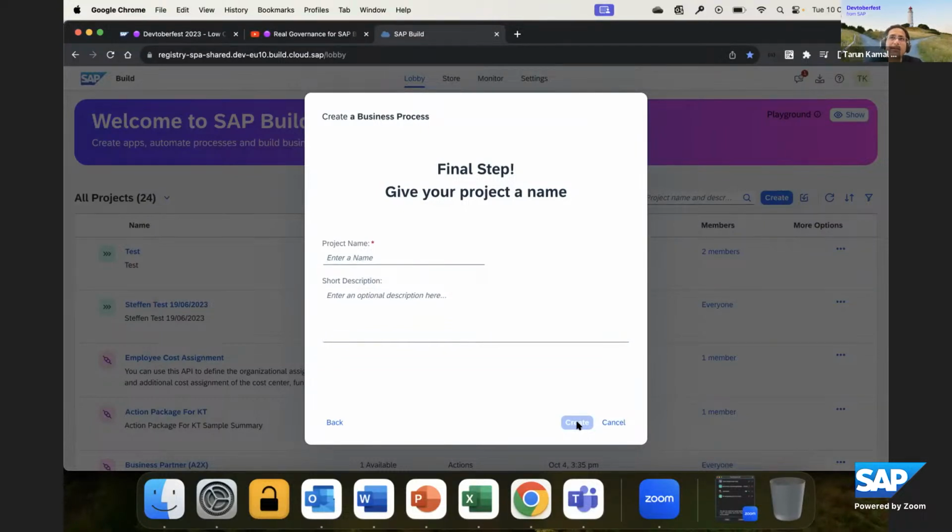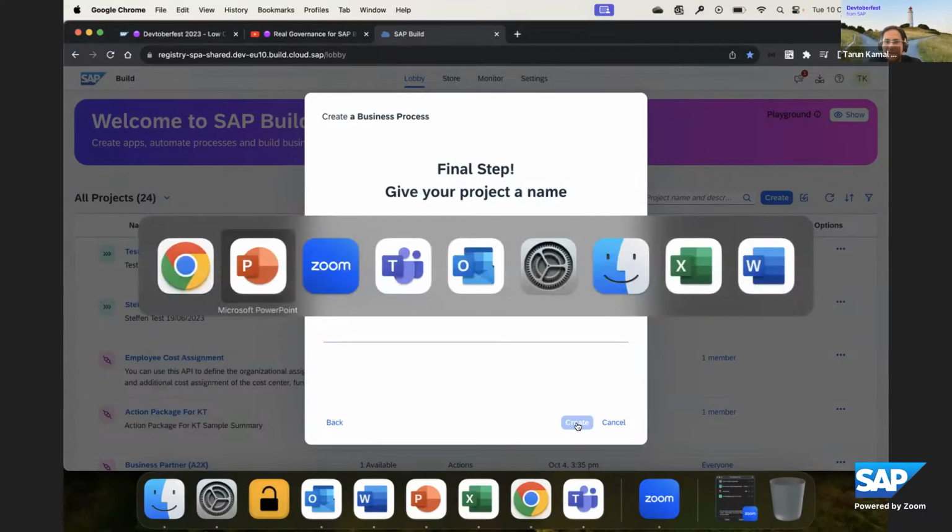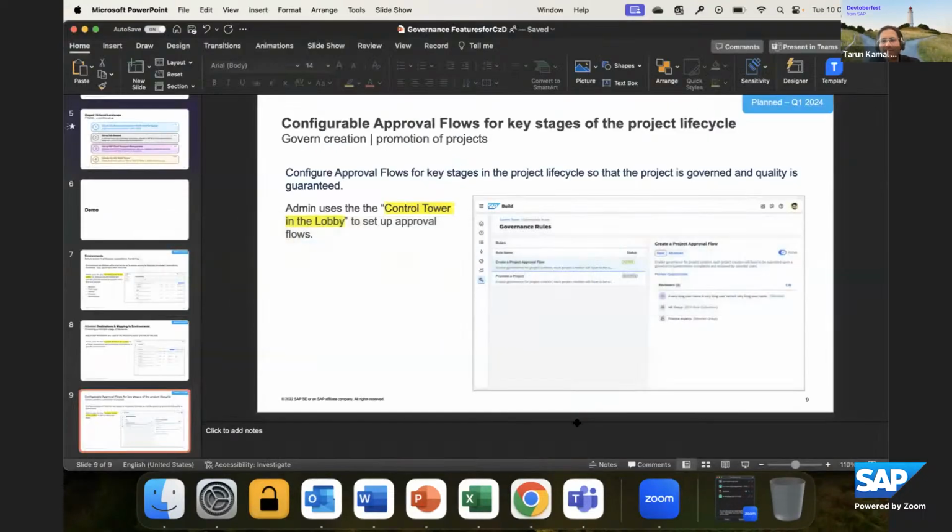You might want to know to which systems the user intends to connect, and what the value proposition is of what he's trying to create, so that you can also evaluate whether similar applications or similar projects already exist, right? So that is one. In certain cases, you also want to govern the entire story around promotion as well.